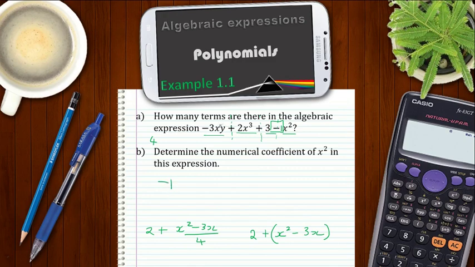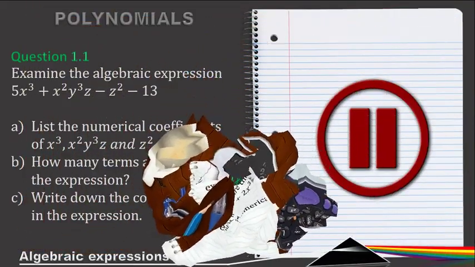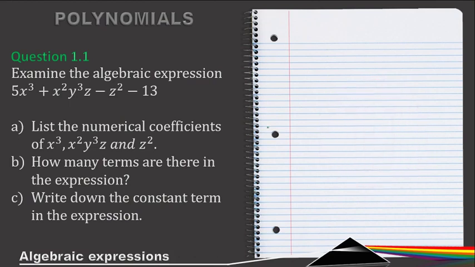And as another example, my coefficient for xy is going to be minus 3, for x cubed is going to be plus 2, and so forth. Okay, now for question 1.1, examine the algebraic expression. List the numerical coefficients of x cubed, x squared, y cubed, z, and z squared. So for A,